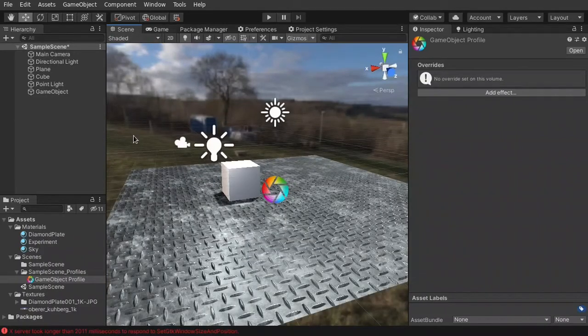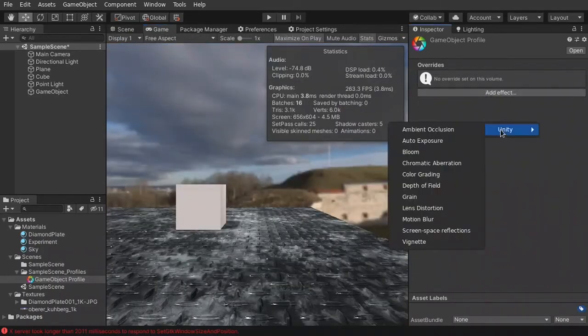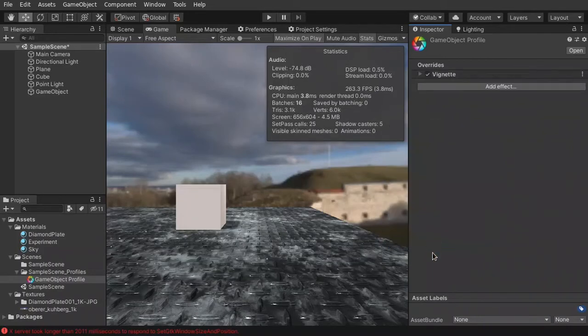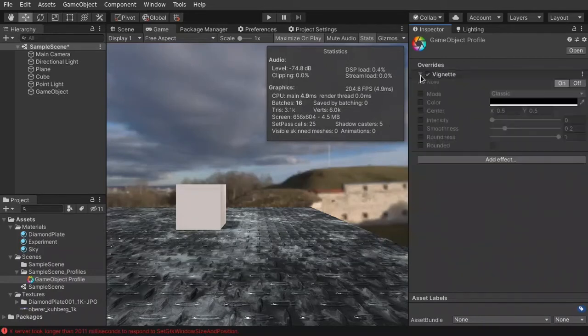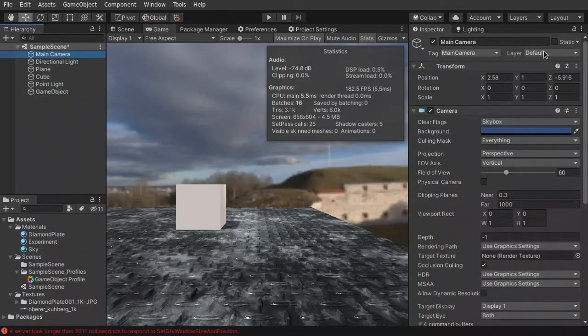So to test it, the easiest way would be to go to the game view and add an effect that's very easy to see. Vignette is a very good example of this. If you add a vignette, it will be very easy to spot. It does not seem to be working, so let's see. I believe, yeah. So by default, if you look at this layer,